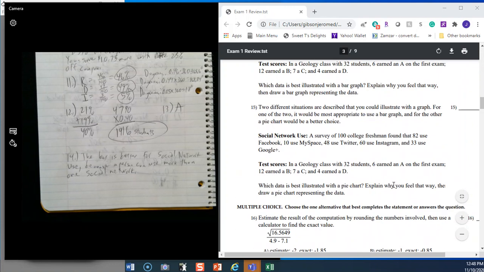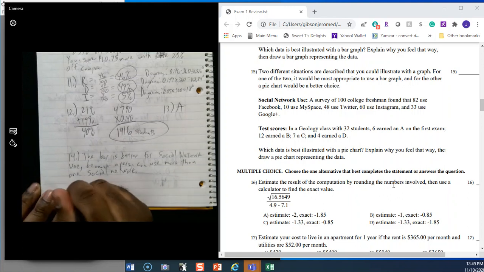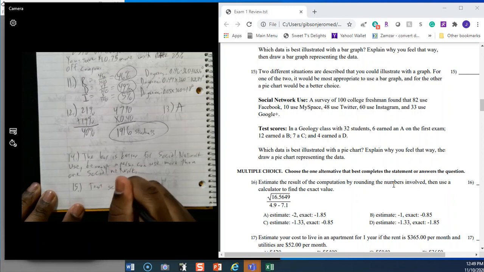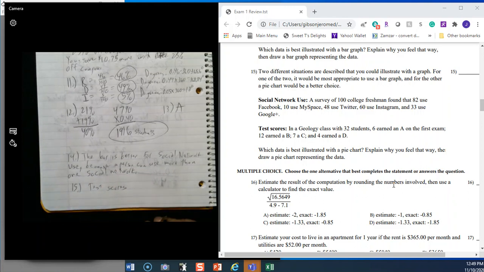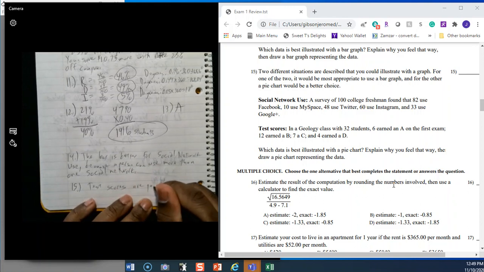Okay, now 15. It says two different situations are described that you can illustrate with a graph. For one of the two, it would be most appropriate to use a bar graph, and for the other, a pie chart would be a better choice. So basically, it gave us the same scenario, but it says which data is best illustrated with a pie chart. And that would be the test scores. Because remember, you only get one grade for a test. So the test scores are parts of a whole,